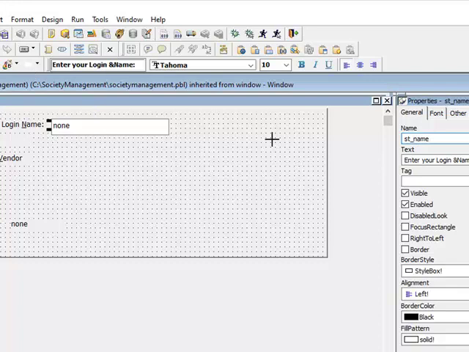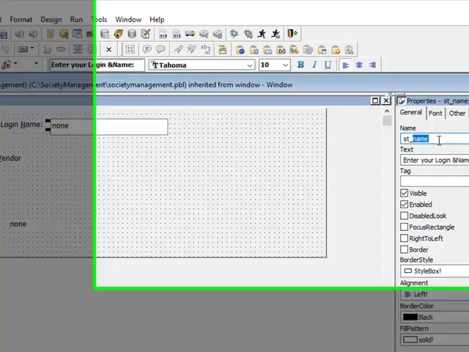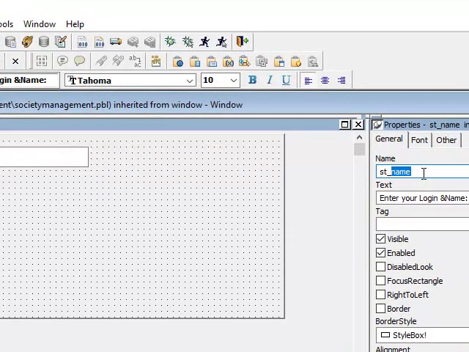It generates by default st underscore 1, 2, 3, 4, 5, whatever, but you can change the later part and keep it like that. So this is called naming convention. In any language, we always follow naming convention. This is called a standard in PowerBuilder.